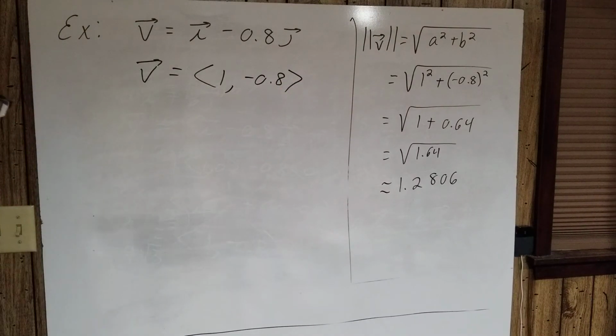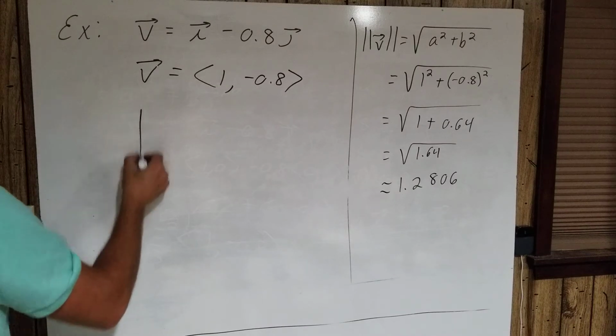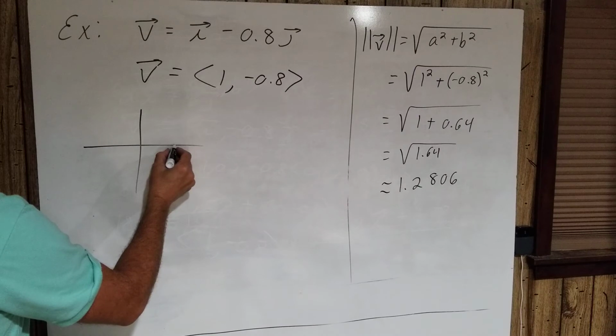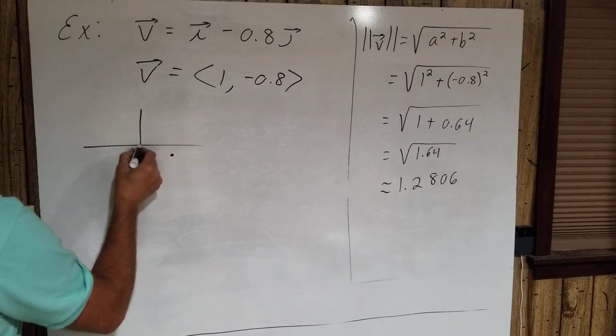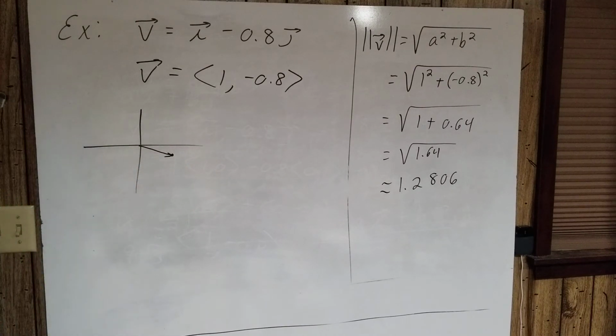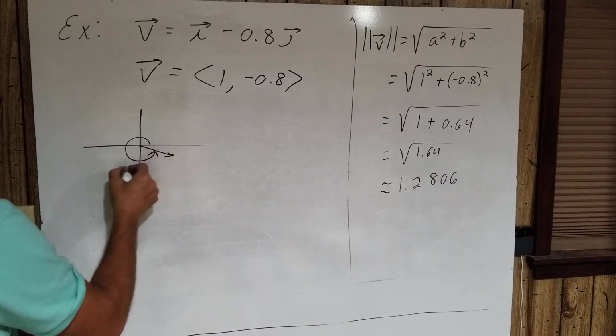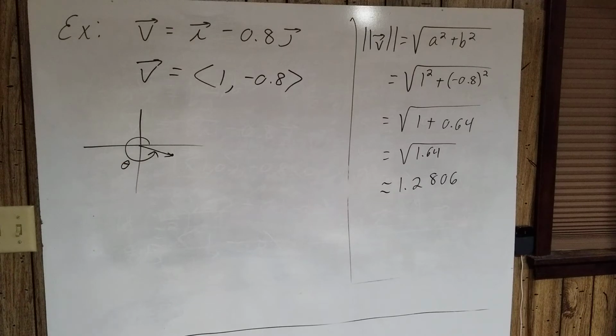Alright, let's see what that looks like. If I graph this, it looks like 1 unit this way, negative 0.8 that way, so it's going to look something like that, right? Now what I want is this angle right here, theta, between 0 and 360